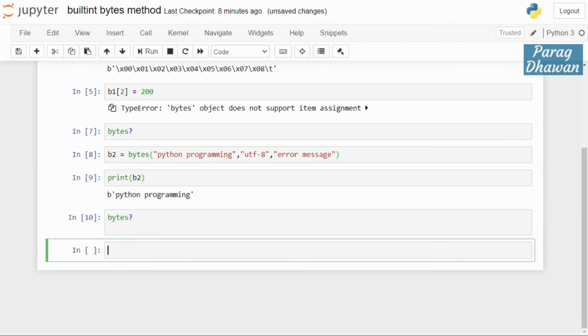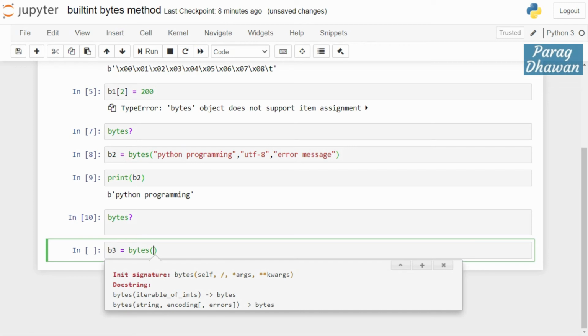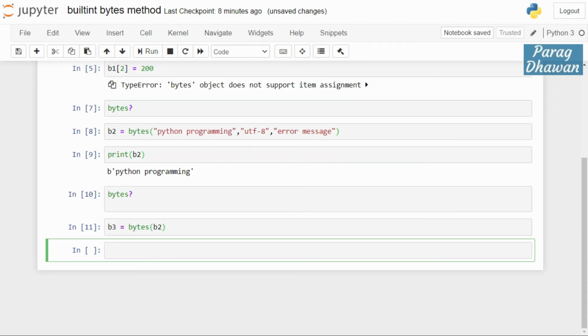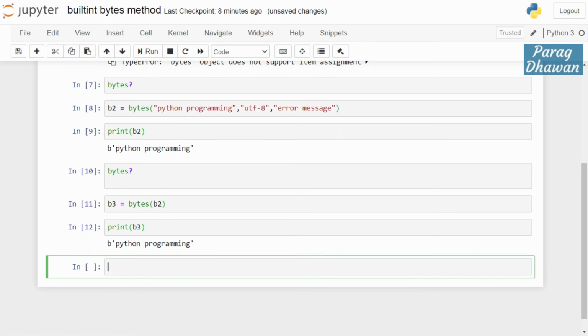For example, in this case I am creating b3 from the bytes function, from the already stored byte information b2. From b2 we are creating b3. Click on the cell, run the cell, print b3. Bytes created.